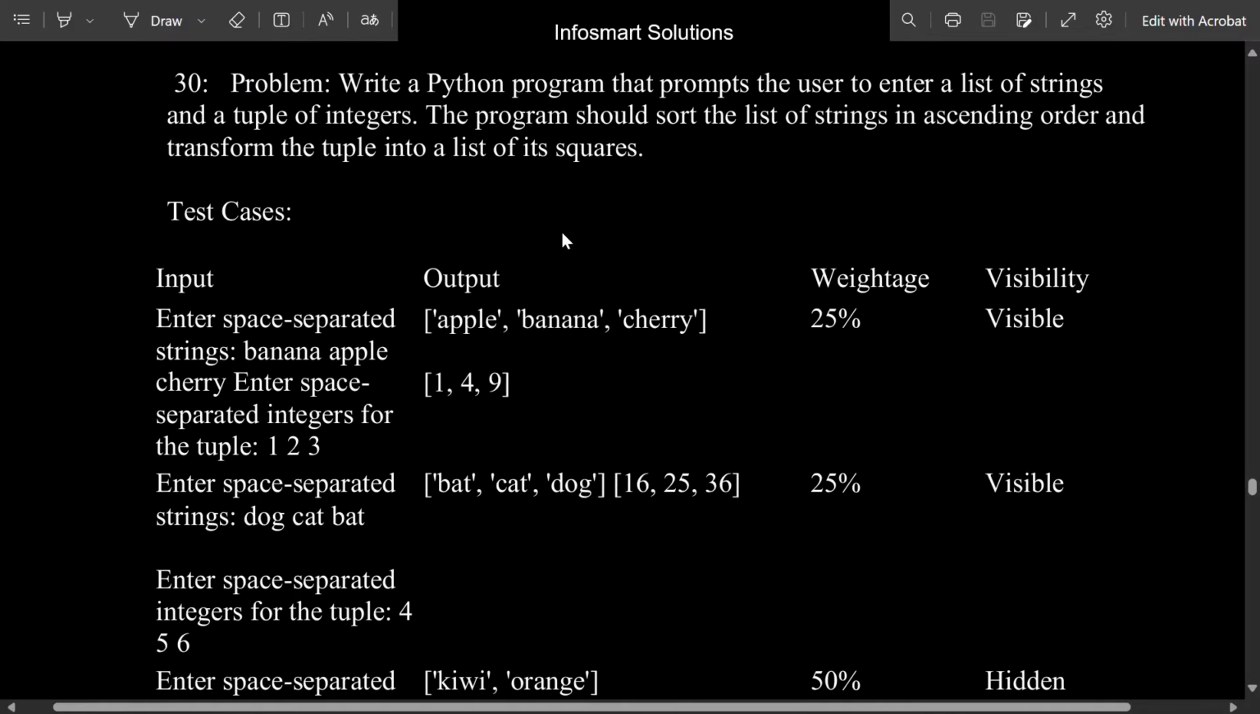Write a Python program that prompts the user to enter a list of strings and a tuple of integers. The program should sort the list of strings in ascending order and transform the tuple into a list of its squares. So what basically we need to do in this question is, first we need to input a tuple and